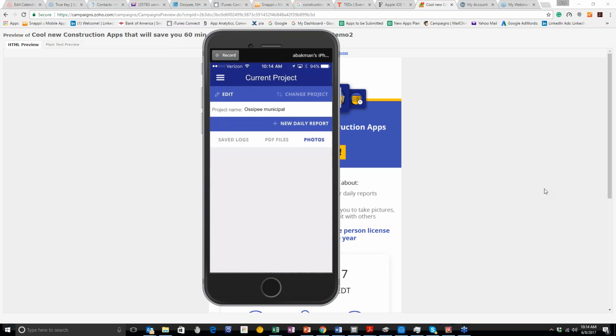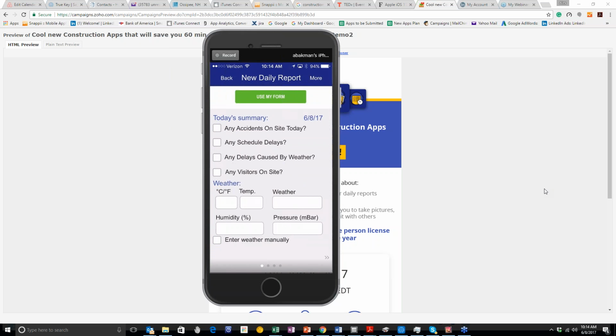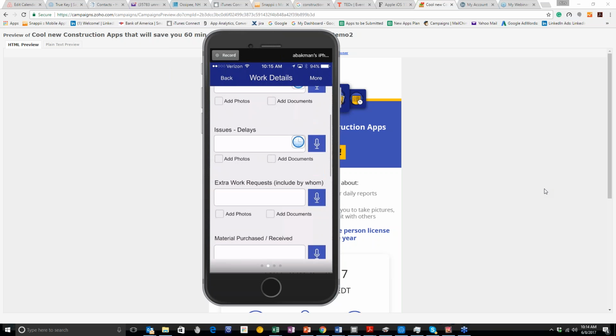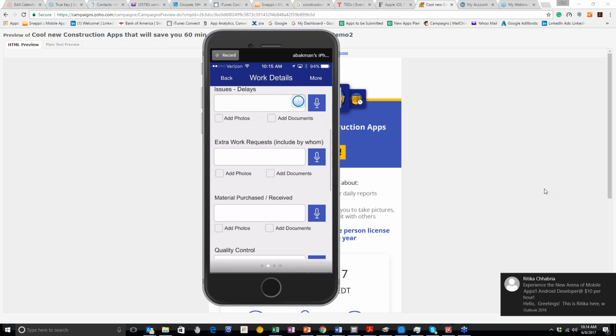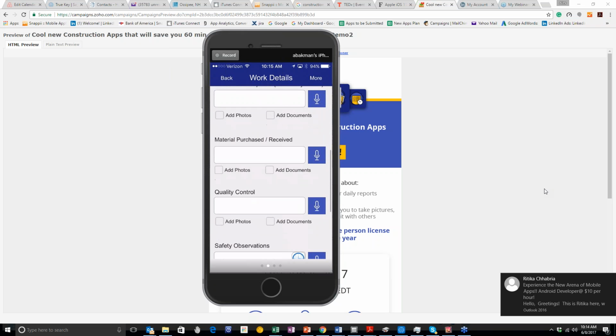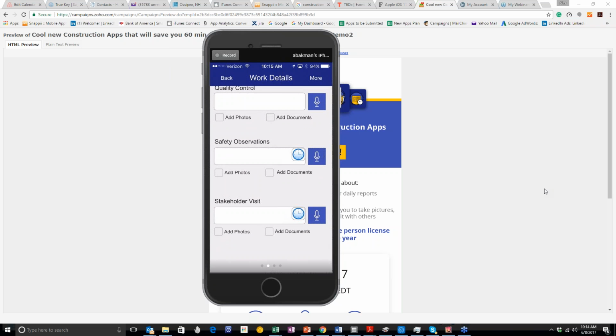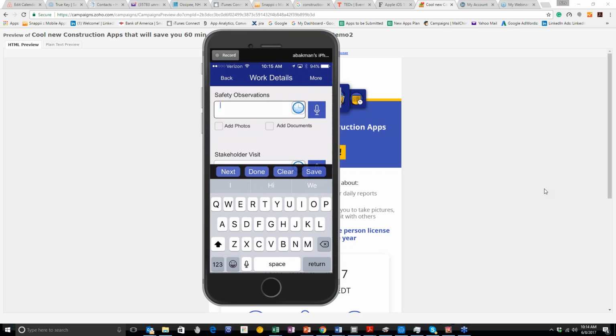Yep, you can absolutely take a picture in the app. So the question was, can I take a picture? Absolutely. So here you go. I'm going through and doing a daily log. And not only can you take a picture, but you can take a picture that's relevant to a specific section. So let's say we had a safety observation, right? We had a safety issue, right? So this